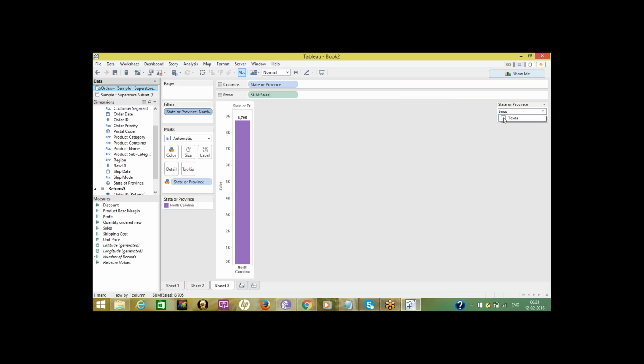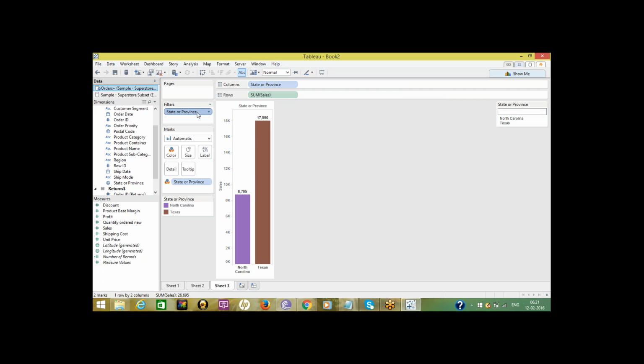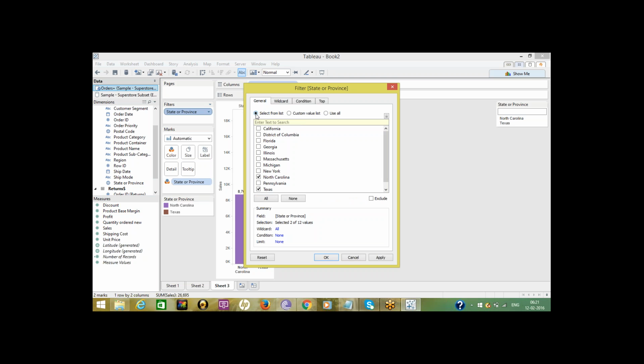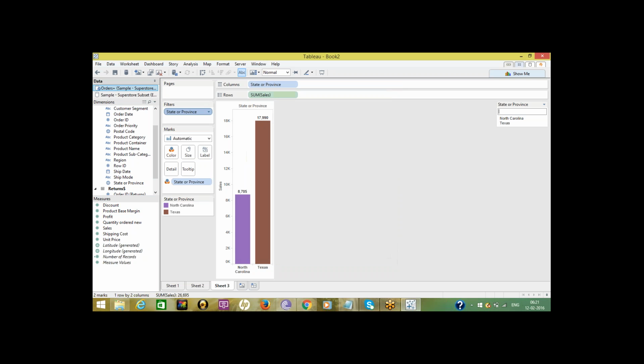Select. Like that. Here we need to type values manually. In custom value list, we need to type the values manually. Here we'll simply select Illinois, Florida, for example, Florida.